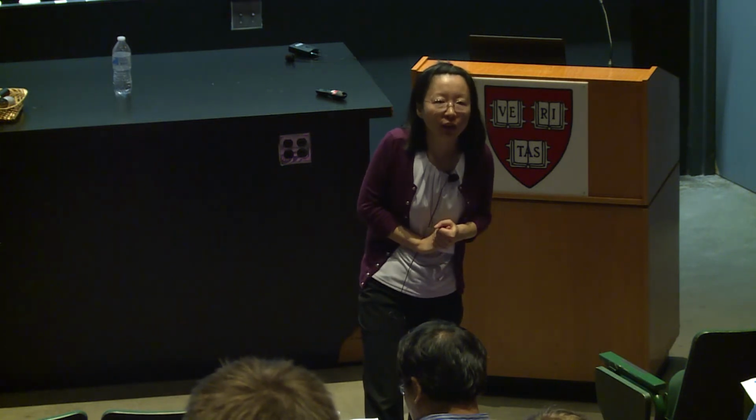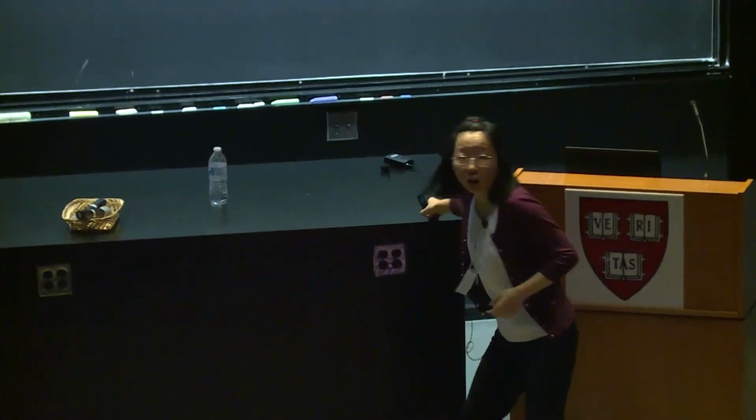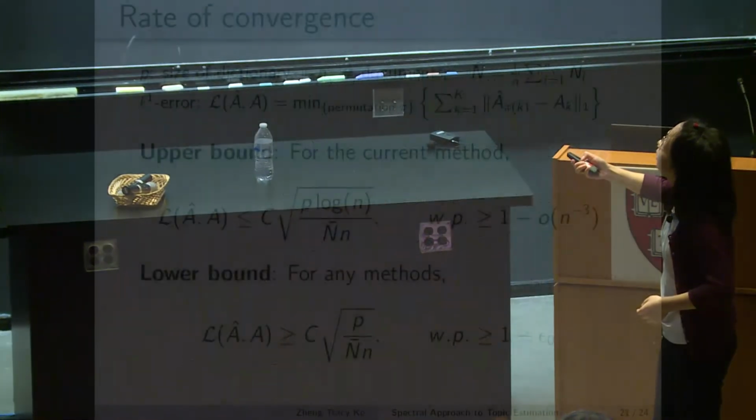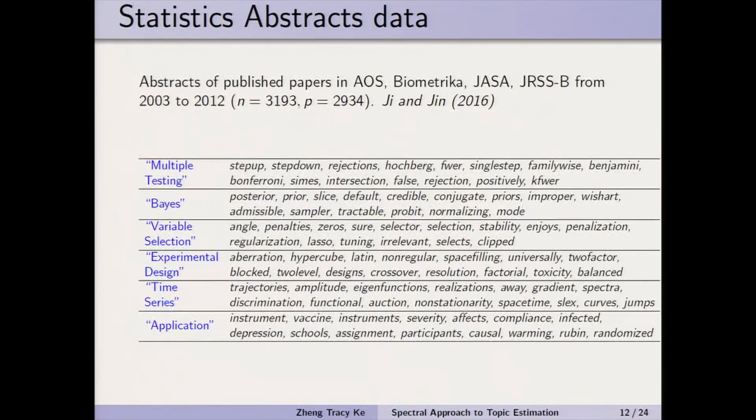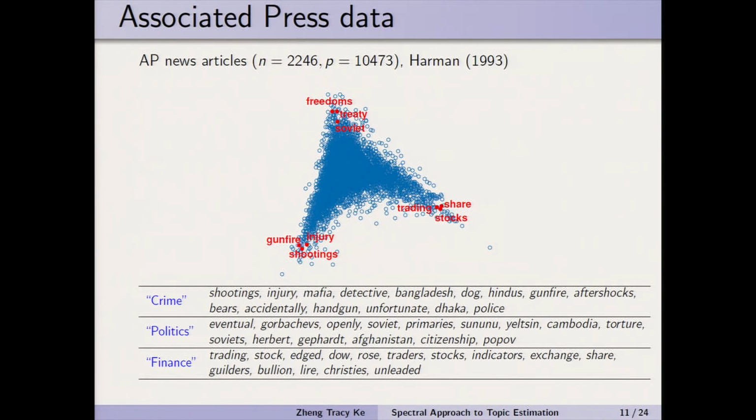Could you repeat your last sentence? If some word exists, it means this article is not related to certain topics. So can the simplex explain this kind of structure? Okay, yeah. I try to say it's already incorporated: those words will appear on these edges. So they play a role when you try to estimate the triangle. Thank you. Okay, thank you.